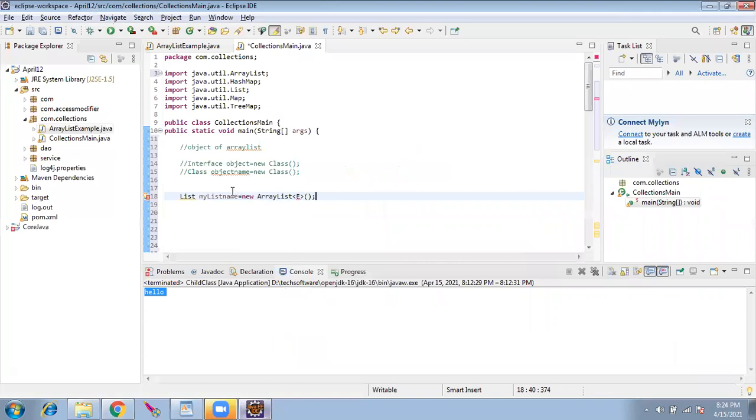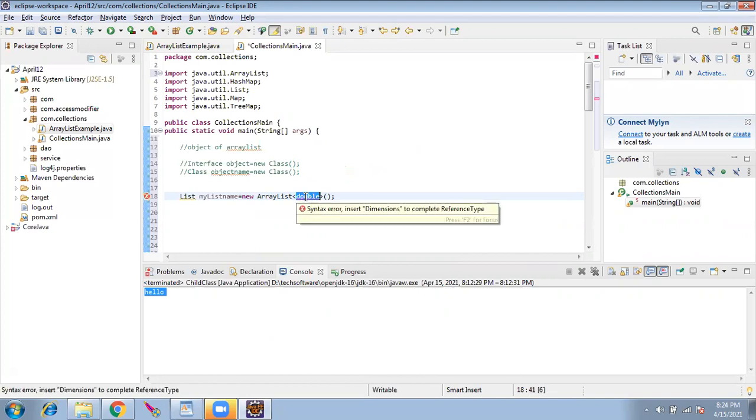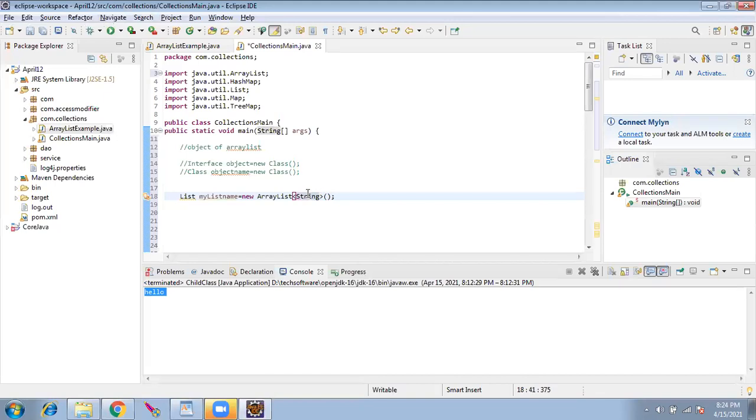So in the meantime, we'll continue. Now there is something in the angle bracket. It comes as E, which means to this array list we have to tell what are the type of elements we are going to store into this array list. Let's say now I'm going to tell I will store double. It's a small double. We cannot store small double. We have to store big double. I'll give string for now.